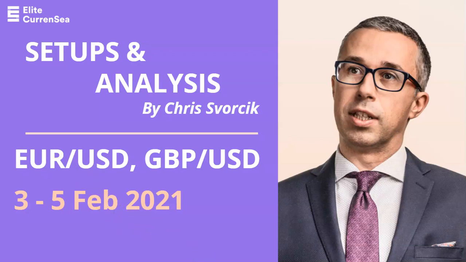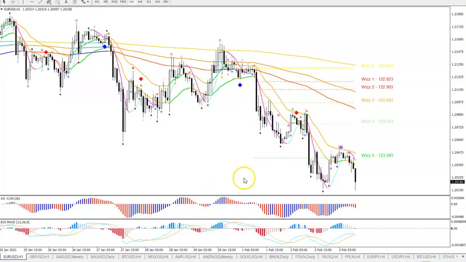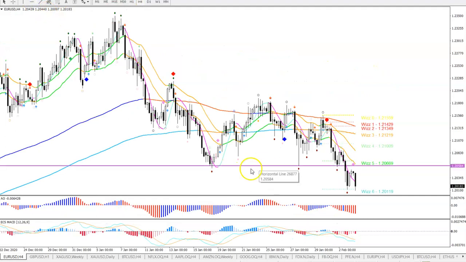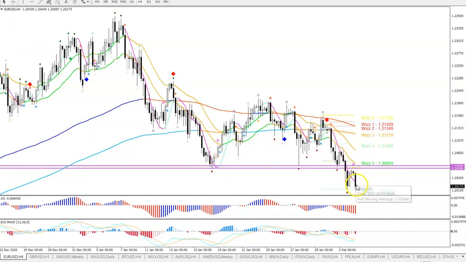And as always, we're going to take a look first at the euro dollar. So we got the bearish breakout to the downside, the price breaking through 120.50 and the double bottom here, and made a small bounce there, but ultimately enough selling pressure to push it through and reach our first target that is logical because of the round psychological support at 120. And that's where we got a bounce. With that bounce, we got a continuation. It didn't quite reach the previous bottoms, but it got quite close and was rejected there and now